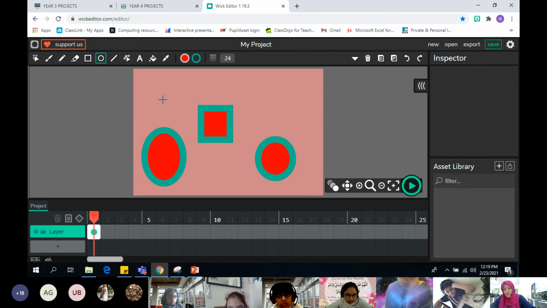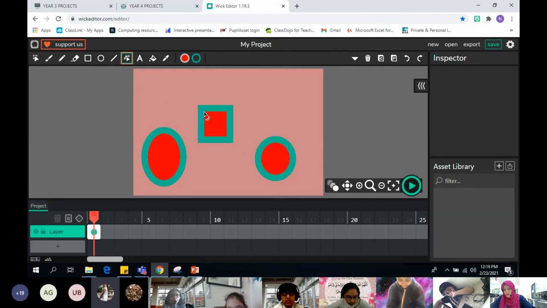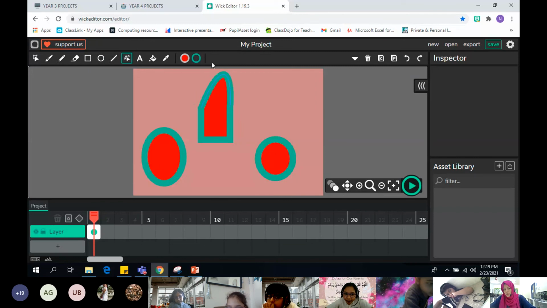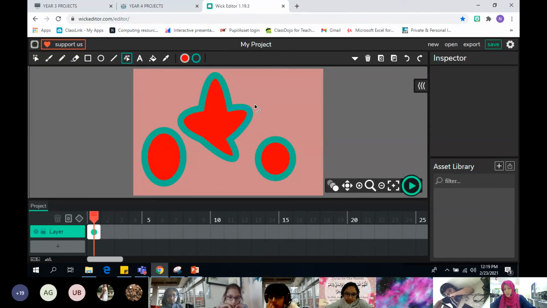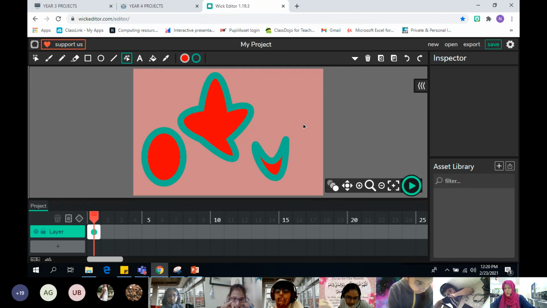Okay, so what you're going to do is, now there are only two options of shapes, but there is one more thing which is very, very good, this one, the cursor path. Click on this. If you want to manipulate now, you can do whatever you want. Now you need to be very innovative to use the path one. There are not many things there, but using this thing only, you can try making different shapes. Now it's up to you how you're going to use it. I told you the tool and how you can use it.